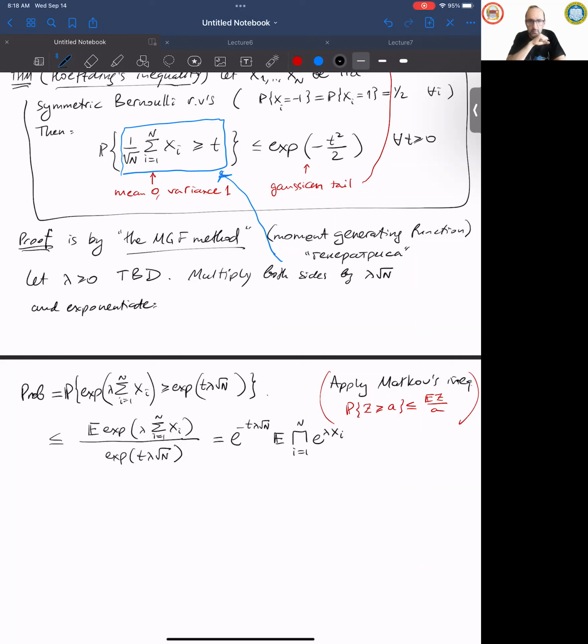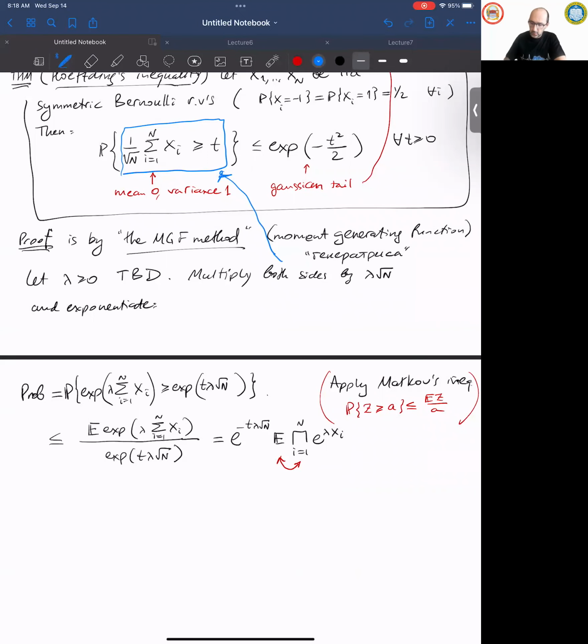Good. So far, so good. Again, so far, nothing really happened. We're just rearranging the terms, applying Markov. Okay, now is a kind of a crucial step. Now we're claiming that I can swap, interchange the expected value and the product. I can bring the expected value inside. Why could we ever do that? When can we do this?